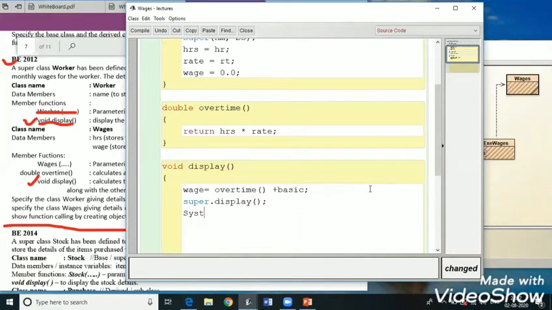and then we are going to display the number of hours and the rate per hour.